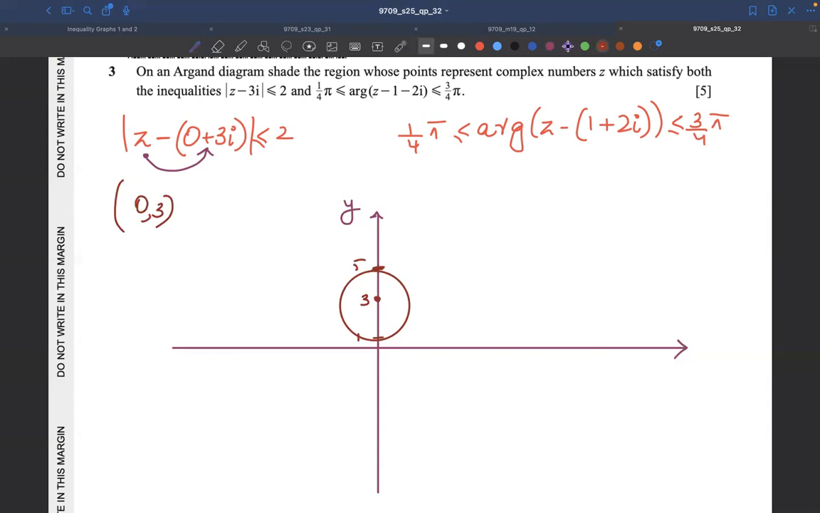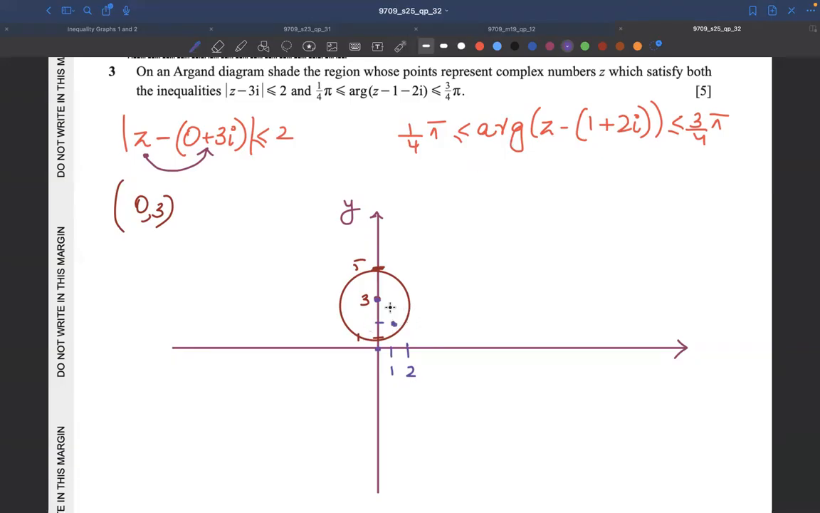Now, this actually also means that z is anywhere on the circumference or within the circle. Less than or equal to 2 means from this point, z is anywhere within the circle. Now, in the next part, it says the argument of z from 1 plus 2i. Now, this is 1 and this is 2 over here, so the argument of z from 1 plus 2i is between 1 upon 4 pi